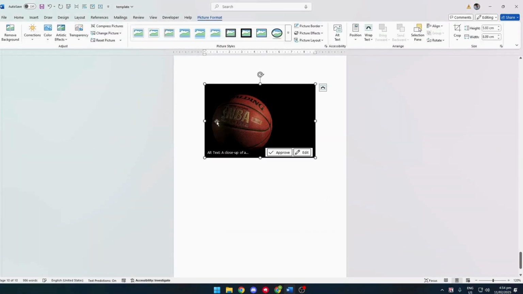And as you can see, you now have your picture in your document without even needing to download it by